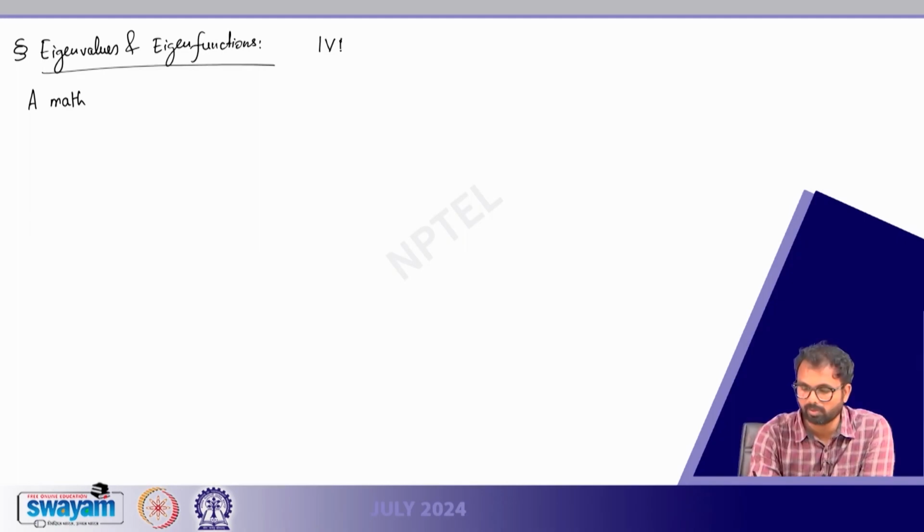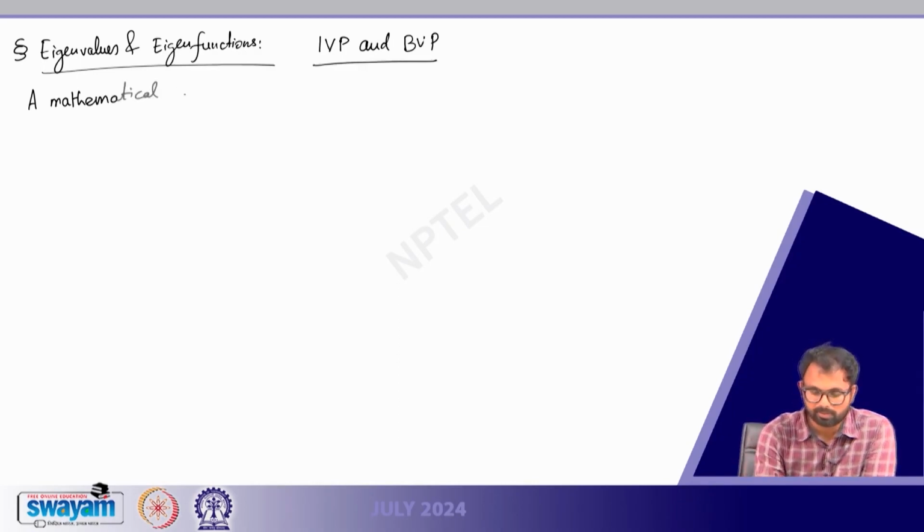So let us start. Before we do that, we have to define what we mean by initial value problem, eigenvalue problem and boundary value problem. So, initial value problem and boundary value problem. The formal definition can be of this type. Now we are defining initial value problem, IVP, and boundary value problem, BVP. We are defining these two, right. So, a mathematical problem